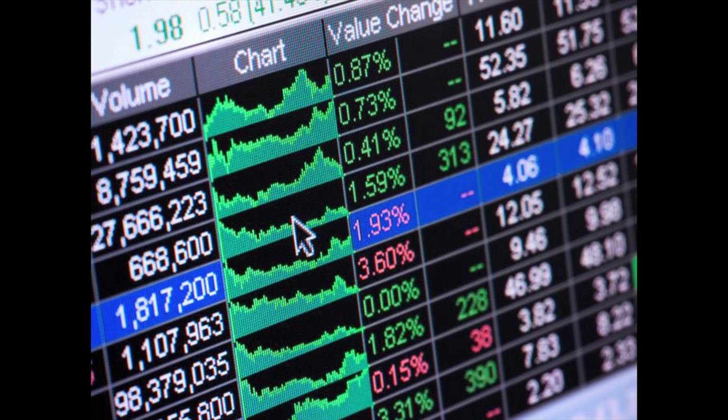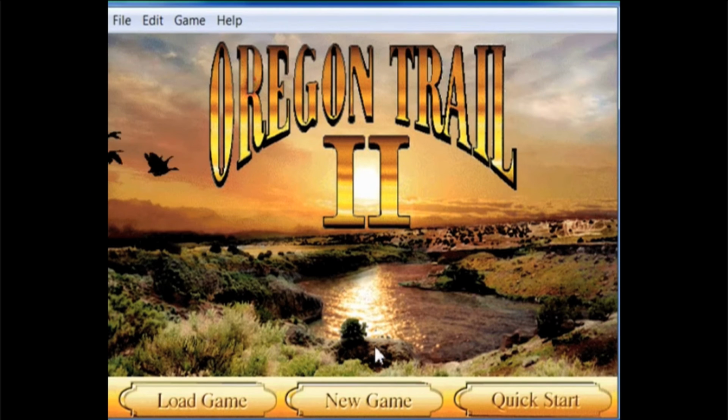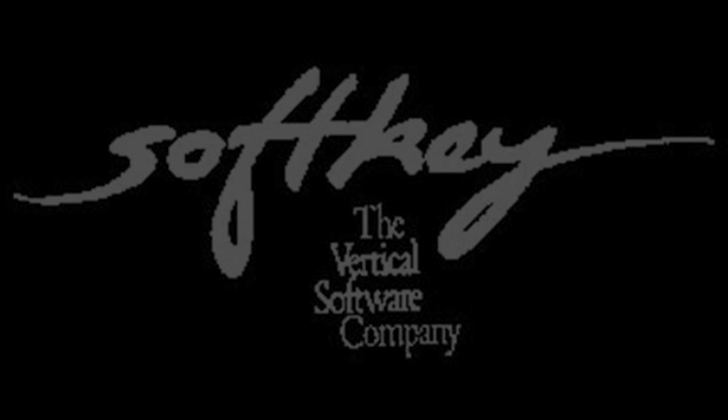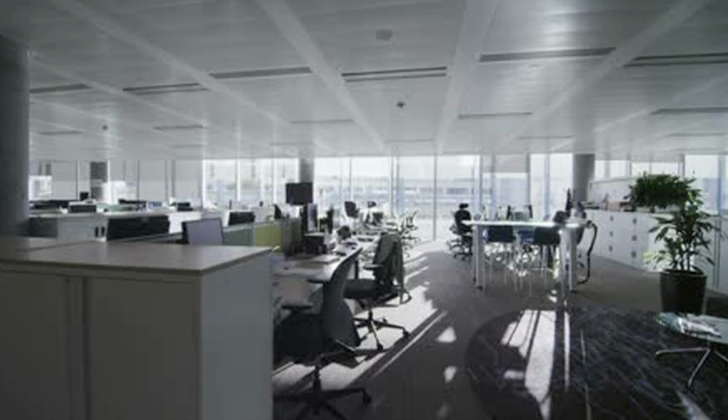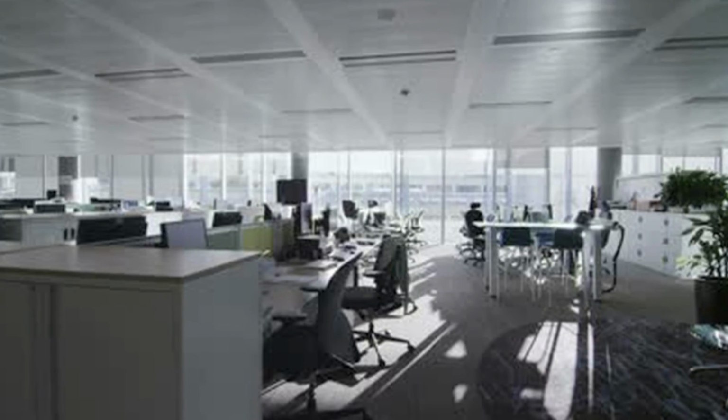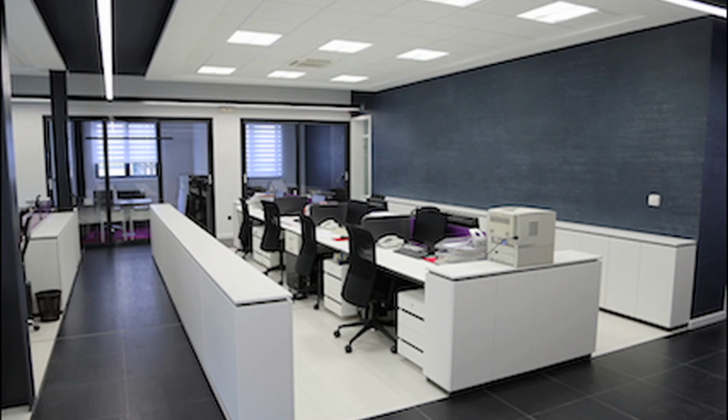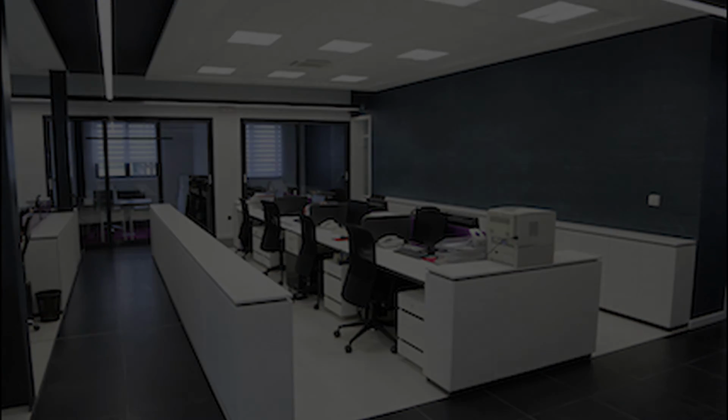The 1985 Oregon Trail game was still bringing in $10 million a year for the company at that point. A year later, in 1995, when Oregon Trail 2 was released, SoftKey bought MECC for $370 million. Despite the huge success that Oregon Trail brought to MECC, ultimately the company shut down in October of 1999, closing their offices and laying off their staff.